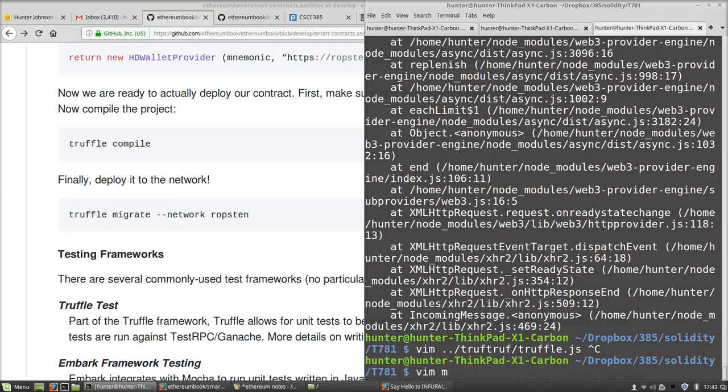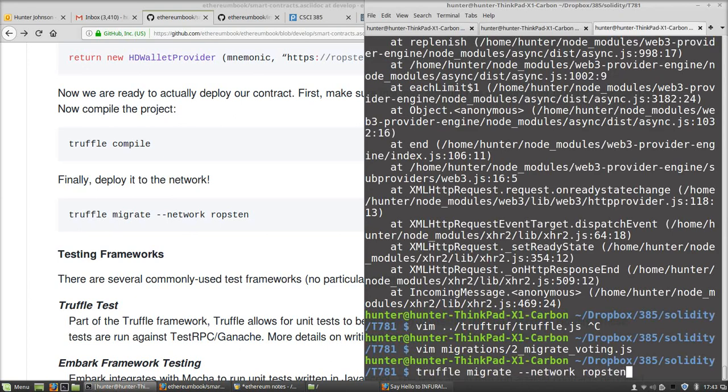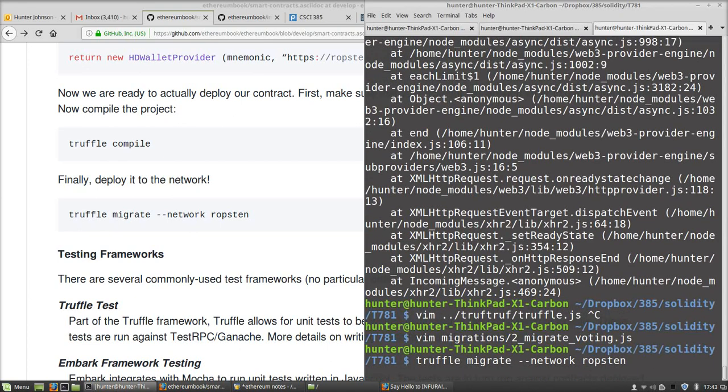So let's go to the migration folder, and look at our migration script. So here we can add something else. In curly brackets you can say gas colon and then some big number. I think what I put before is 400,000. Close. Alright, and now I believe it will work, but unfortunately